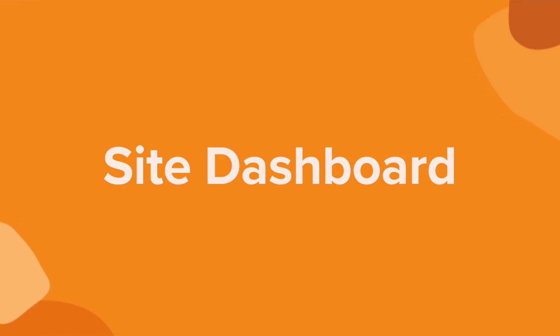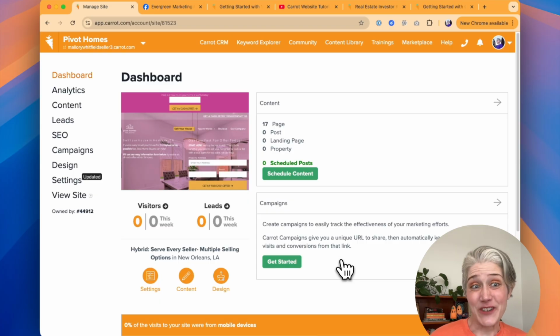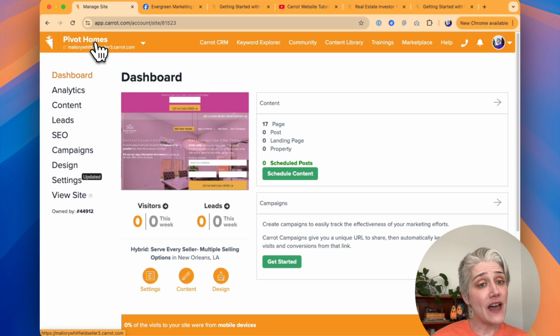Now that we've covered the basics of navigating the Carrot platform, let's dive into a few more basics about editing your site. At the far left corner of the orange navigation menu, when you're working on a specific site, you'll find the name of that site and the URL and link to that site. Here in my example, you can see that it has myname.carrot.com as the URL,